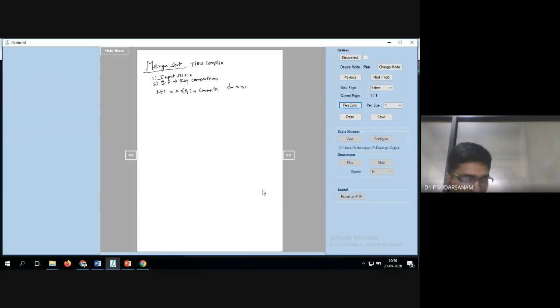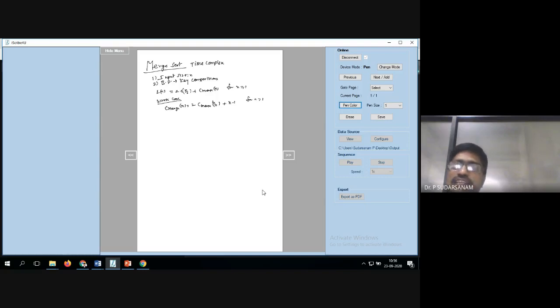Now we have to write the worst case time complexity. The recurrence equation is C merge of n equal to 2 into C merge of n by 2 plus n minus 1 elements, for n greater than 1.